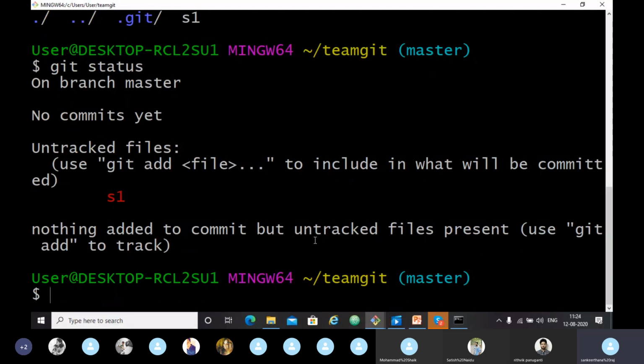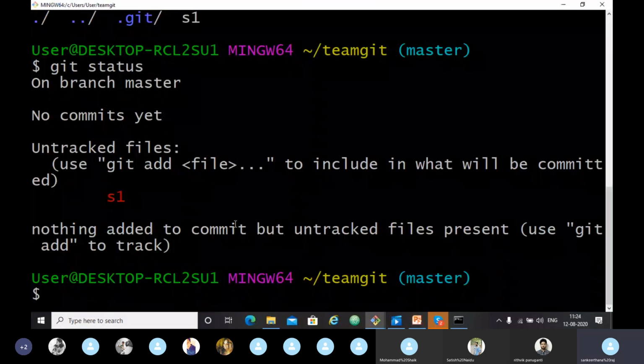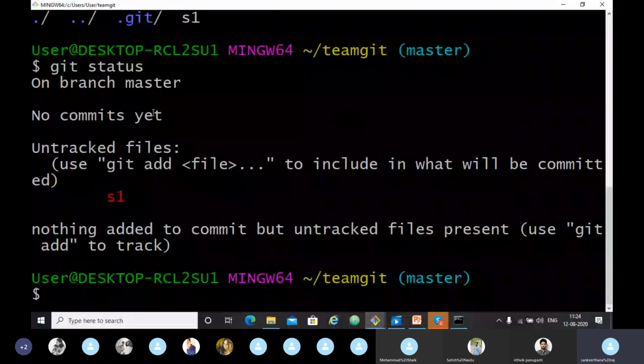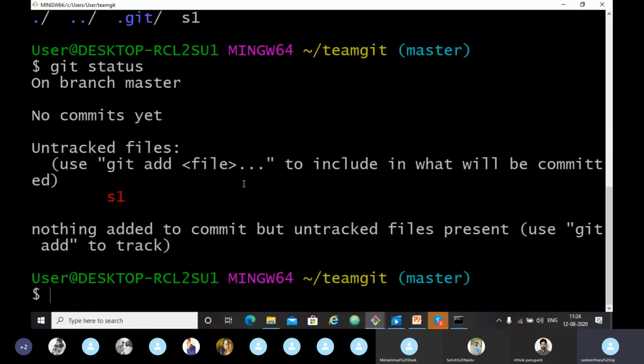I have shown you in the PPT. No commits yet, right? On the branch master. We will see the branches topic in the next class, so it will just show the master branch. It also shows how to commit a file. Git add is that command.